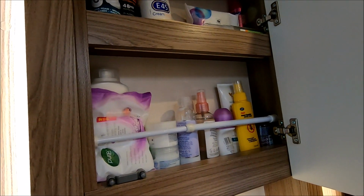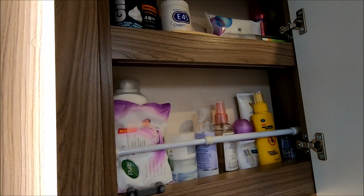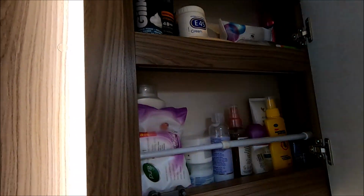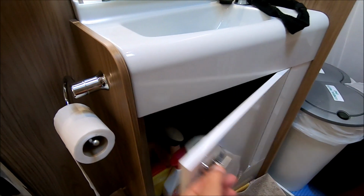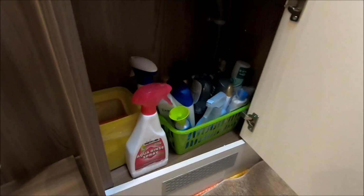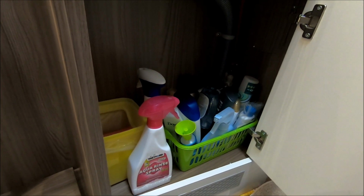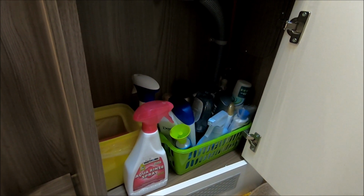of shaving gel and antiperspirant and the wipes and makeup remover, that sort of thing, all the things that you need in a washroom, which we keep all the chemicals in. So we've got shampoo, shower gel, and then the rinse, the aqua rinse for the toilet, and some other cleaning